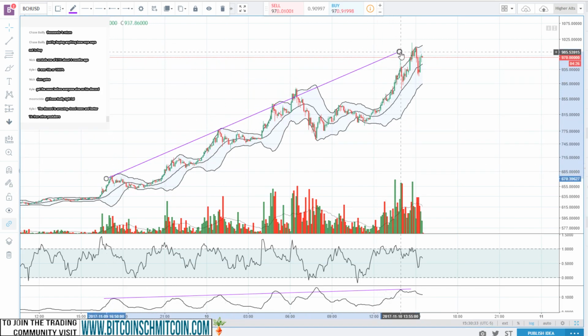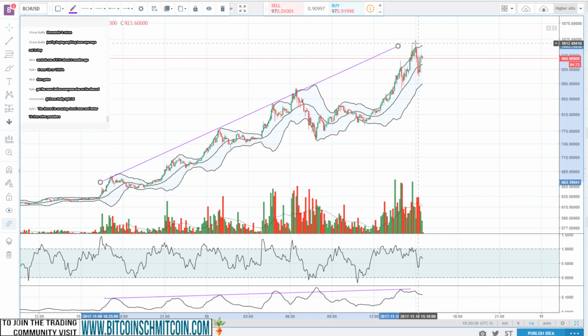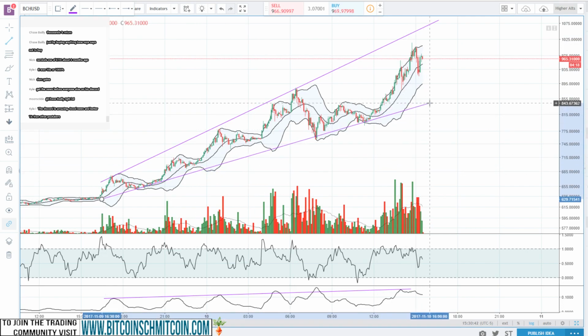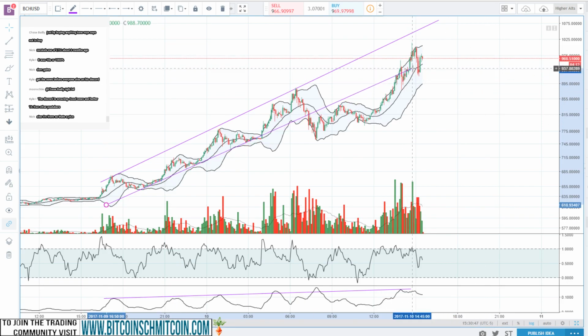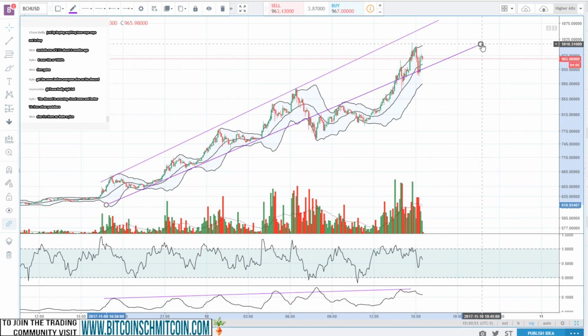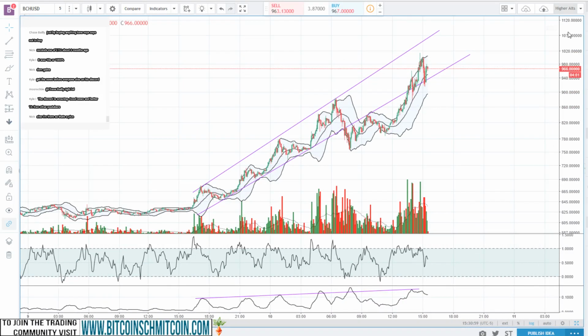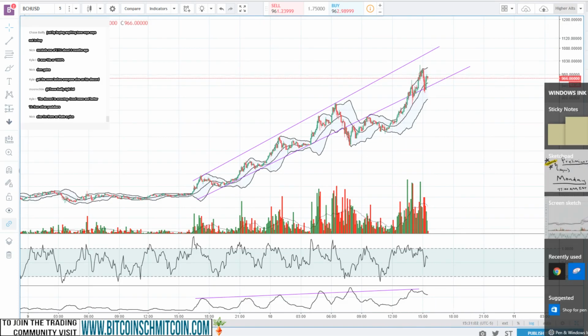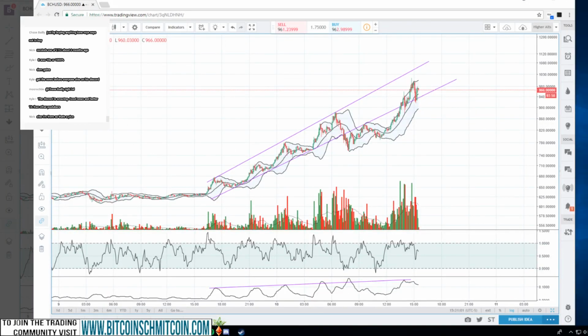So we see here on the 5-minute, we've got this nice linear ascending trend line. On the bottom, we have the same sort of deal here. Last night when Bitcoin took a shit, Bitcoin Cash broke the lower trend line, and you see it tested it, and now we're finding support on it, which is great, right? We want something like this, where we have an expansion of price, because it's going to provide a lot more room for consolidation, so we can keep making moves up and up and up, right?